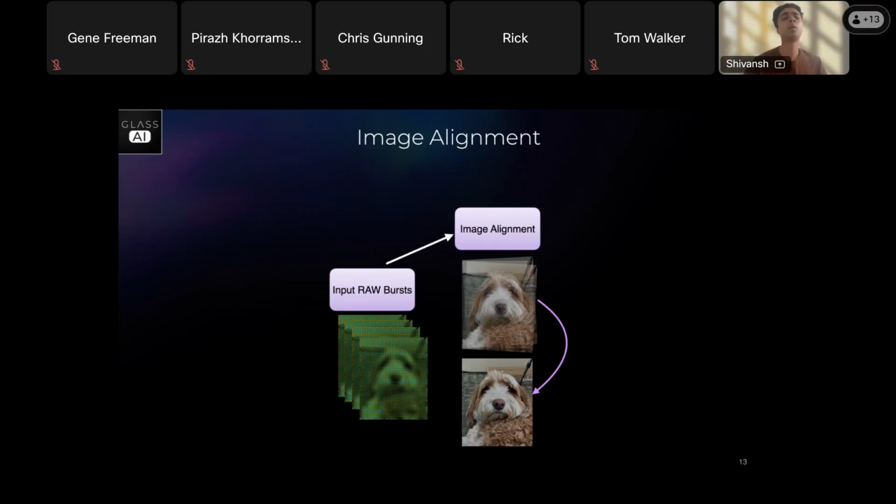There may be some multi-plane registration requirements here, as I just discussed. Like you may have people walking in front of a bus, so there are two different planes of alignment required here. There may be even more than two different planes of alignment required. So you have to essentially align for individual planes and then you have to merge them and form a global alignment for that entire reference image.